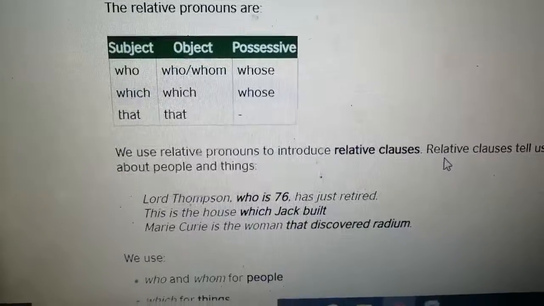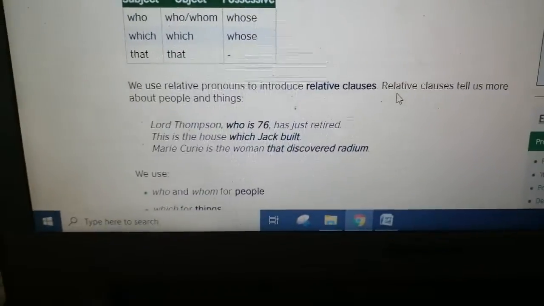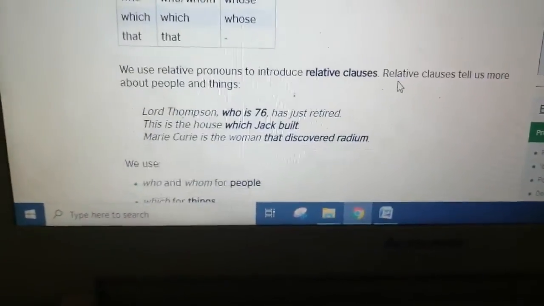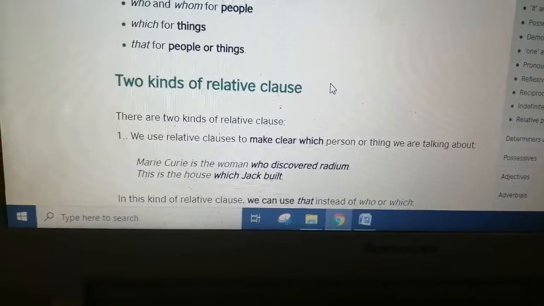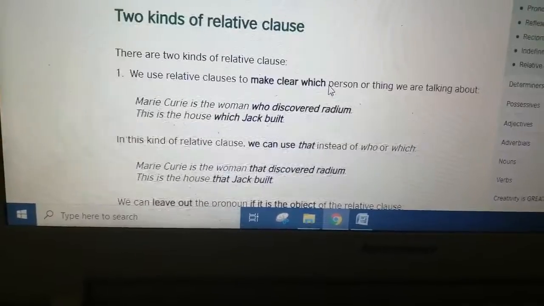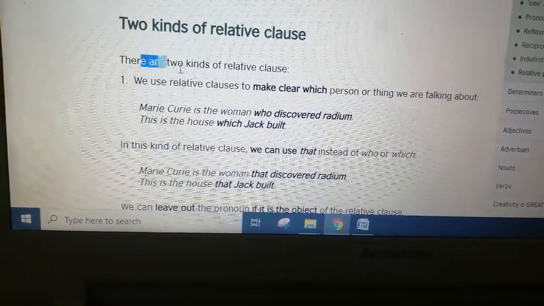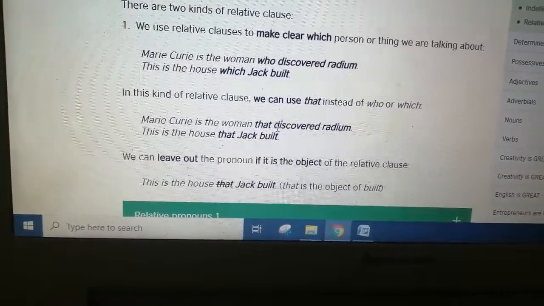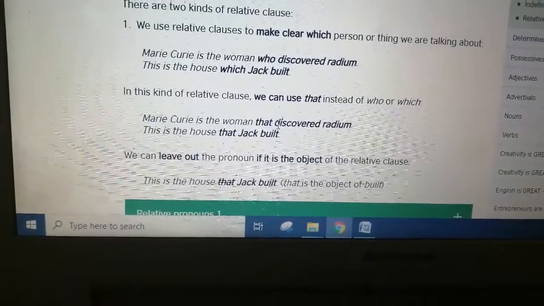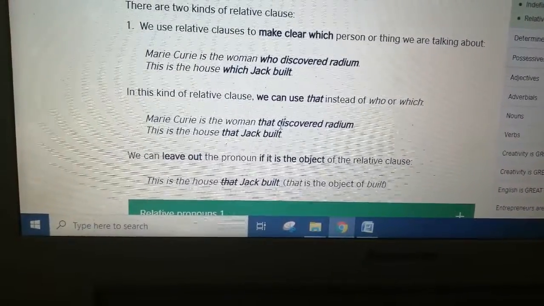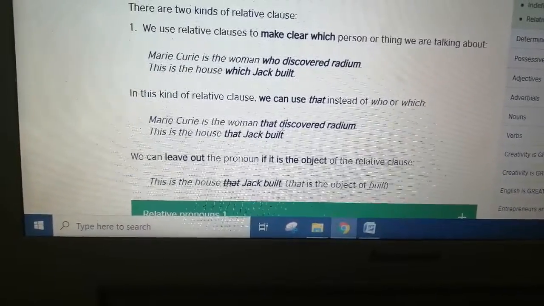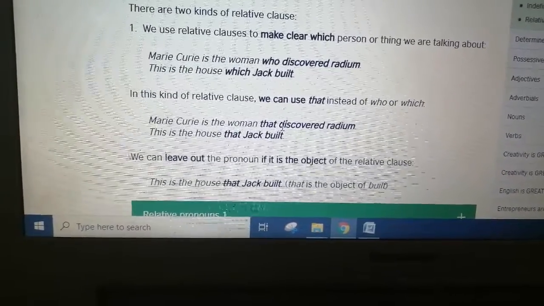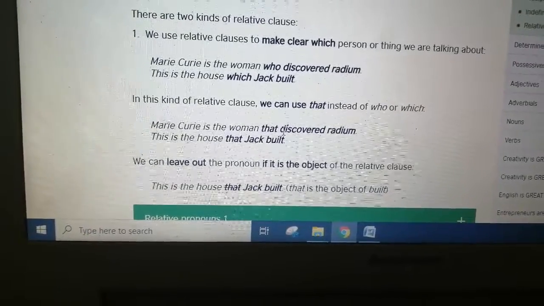Let's start with: when do we use, or why do we use, relative clauses? We use relative clauses in English to add information about the subject or the object of the sentence. We have two types, defining and non-defining. The defining clause is important information, essential to the sentence itself, so you have to add it, and we don't put any types of commas